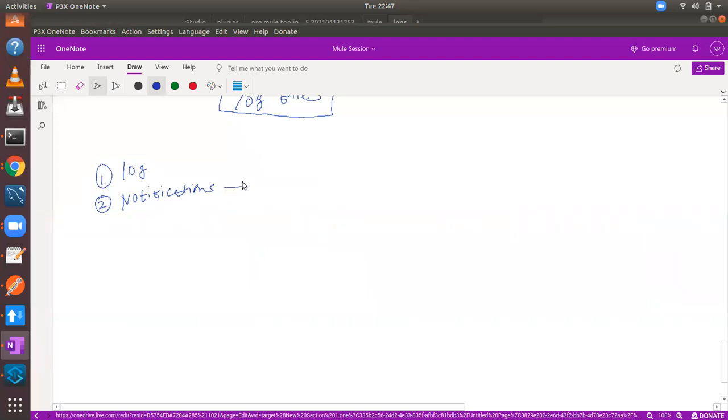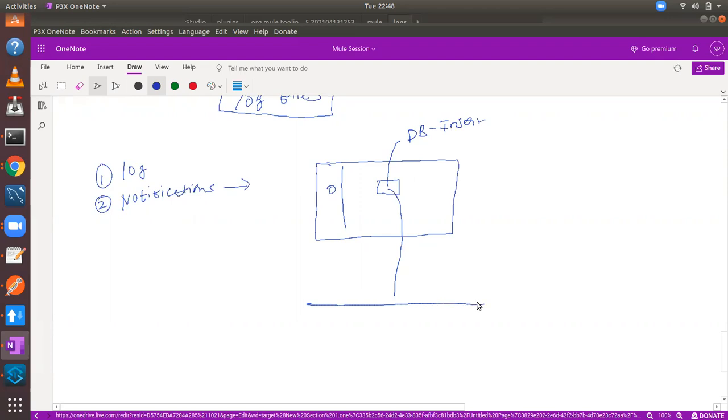What about notifications? Say you are doing some kind of database operation in your Mule flow. In the flow you configure a DB component, maybe a DB insert component. In the DB insert component, we are going to insert a record to the database, right?